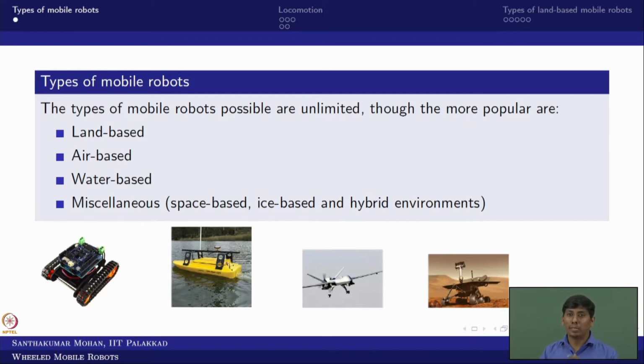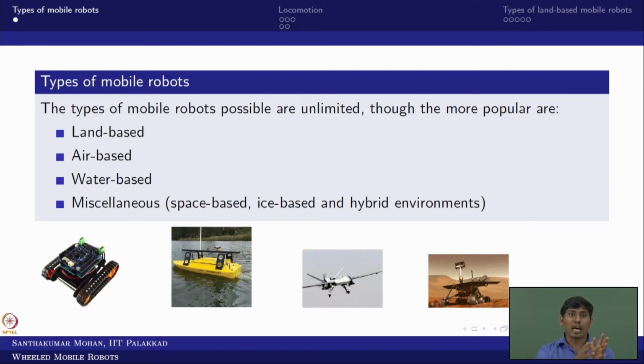For example, ice based. Imagine you are driving a car on a normal road and suddenly you end up on an icy surface. Imagine you are in a northern European country, where winter is very common. In summer the tire you use cannot be substituted for winter, so you have to change to a winter tire. Why? Because the locomotion is different. That's why we make this classification here.